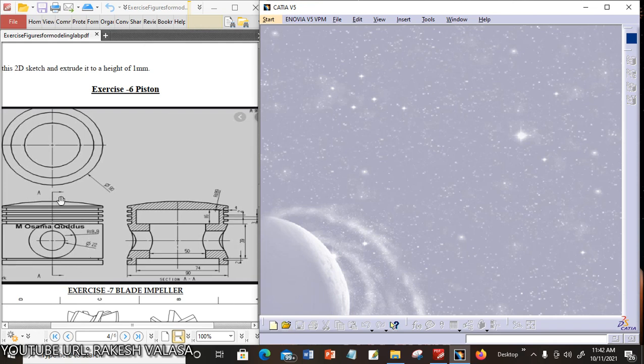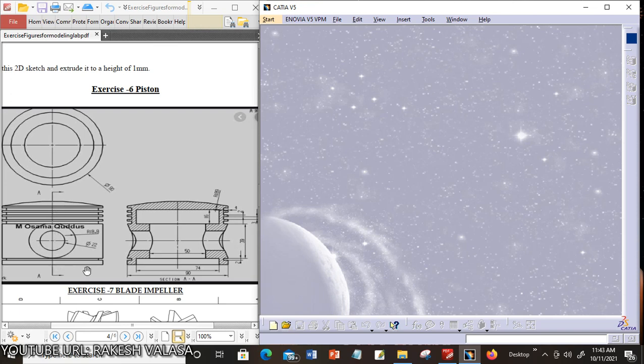First, you can identify the dimensions. The given figure has dimensions, all in millimeters. You can see here is the front view. This front view is symmetrical about the vertical axis. You have to draw the left side or right side of this front view.